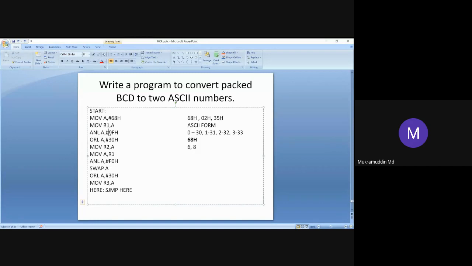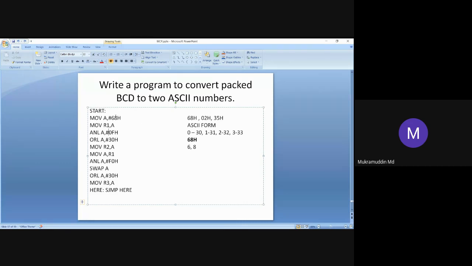So remember that in AND logic, when any number is ANDed with 0, the answer will be 0. And when any number is ANDed with 1, the same answer will be there. What do you mean by F? F means all ones, 1 1 1 1.